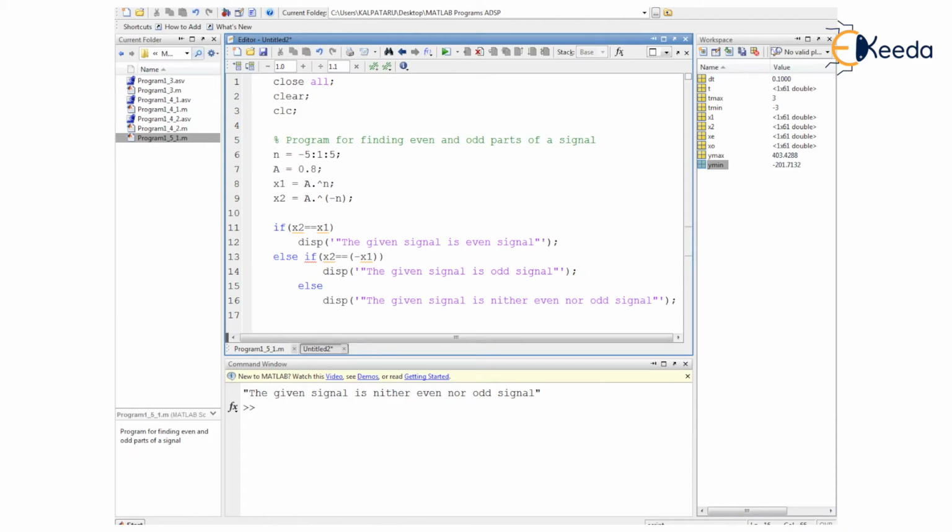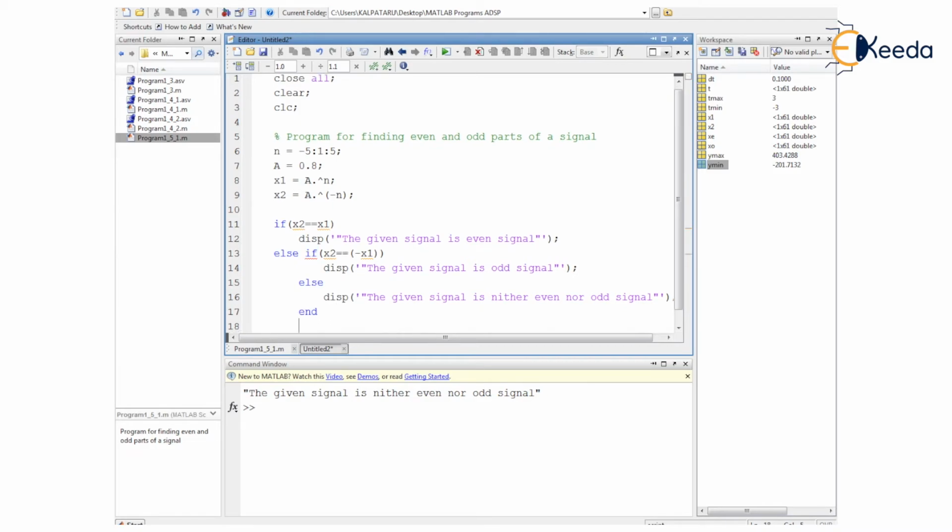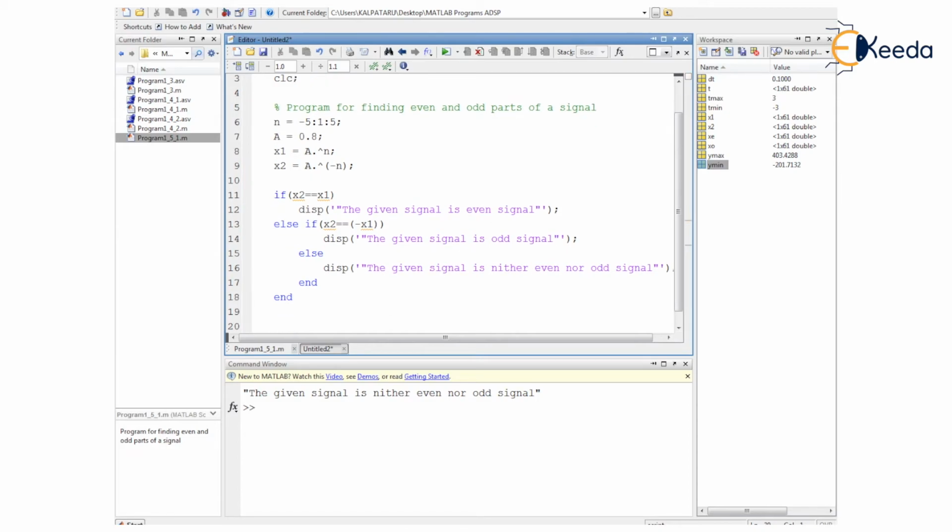Now after providing semicolon at the end, we are required to get out of this if else structure here. For that purpose I will be making the use of end keyword two times. Whatever the number of times you have put the conditions to check with the help of if statement here, that many number of times you have to write end as a keyword here.